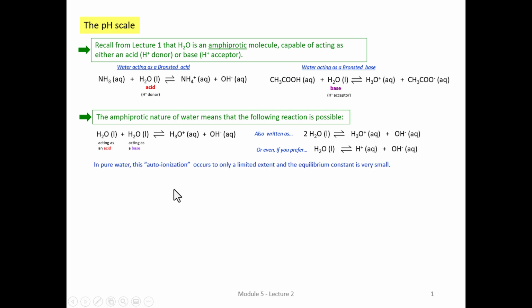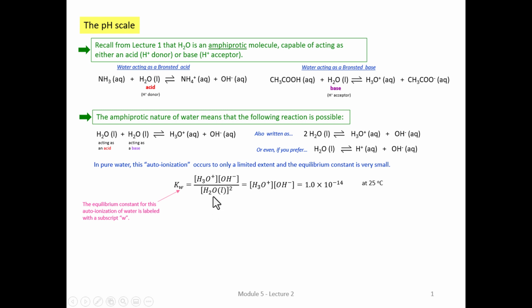Now in pure water, this autoionization, meaning automatic ionization or water ionizing by itself, occurs to only a very limited extent, and the equilibrium constant for the process is quite small. We could write an equilibrium constant expression for the reaction written like this. We'd have the concentration of hydronium ion and hydroxide, each raised to the first power, divided by the concentration of water squared. We remember, of course, that